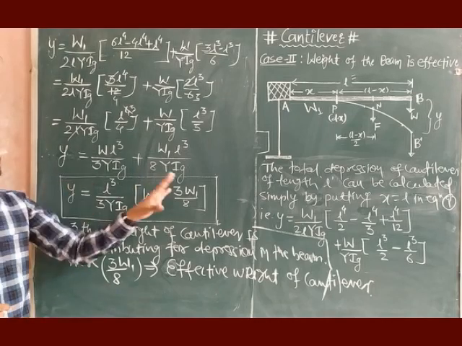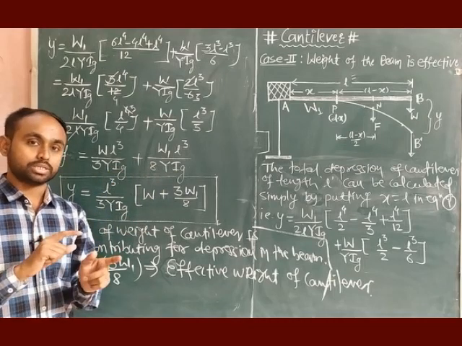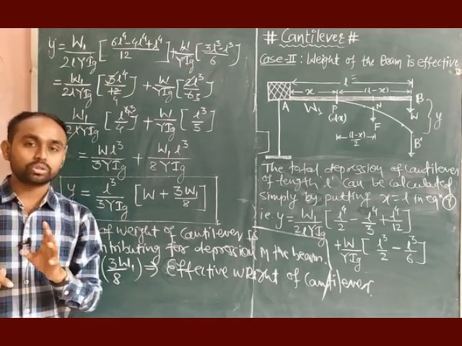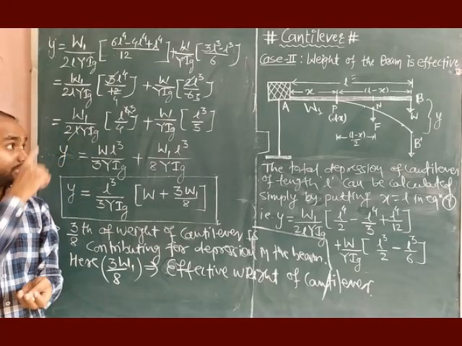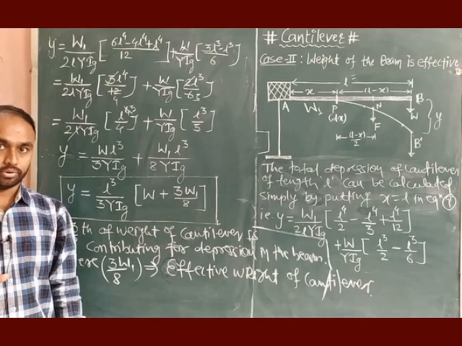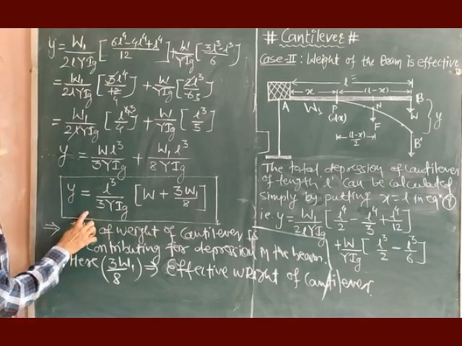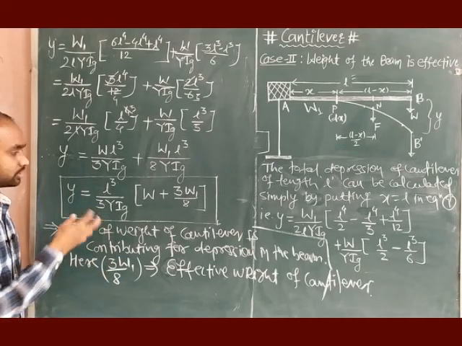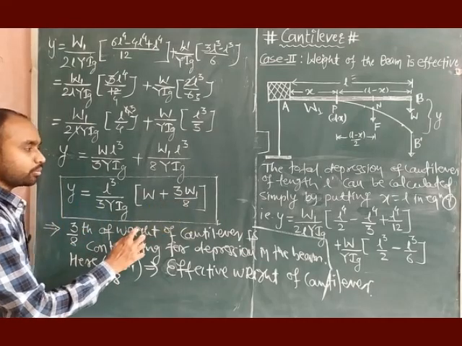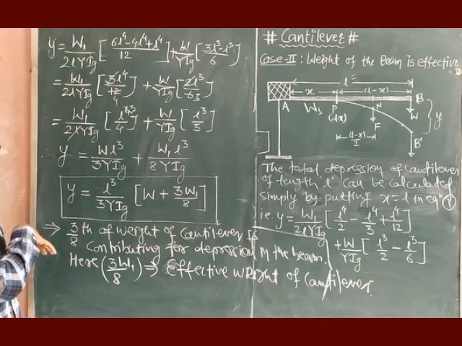So yes guys, this is all about the cantilever. We have seen both cases: one in which we ignored the weight of the cantilever, and in today's video's case we have considered the weight of the cantilever. We found that whatever we got is a more general case. This is the general formula, in which if we substitute W1 equal to 0, we will get the previous formula. So this is the more general case, right?